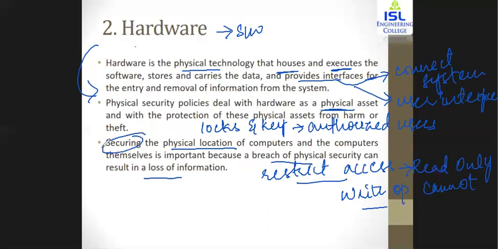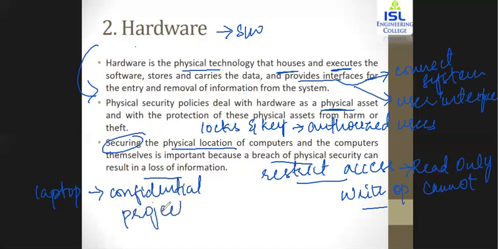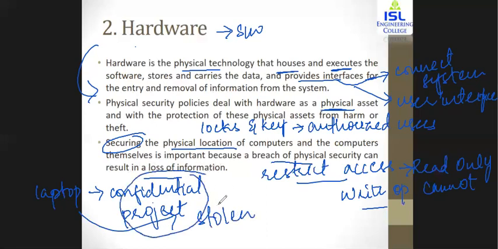Now when you're securing the entire area for the computers, it becomes easy to avoid a breach of physical security. A breach of physical security means, suppose you're working on a particular laptop that has all the detailed information of a confidential project. If you're not encrypting the files, and the laptop is stolen, then the entire information about this confidential project is compromised. That is, anyone has got access to your particular project.